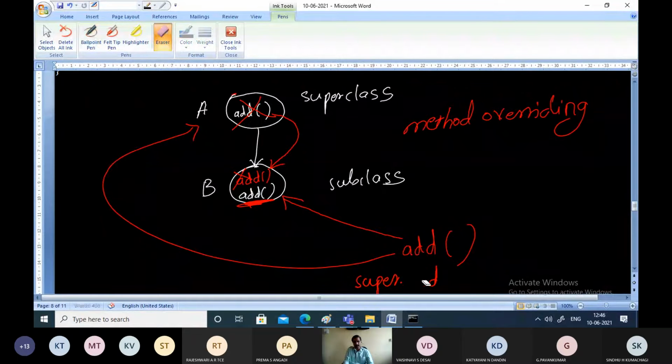We have studied just now the keyword super, right? What is the usage of super? Super can be used to call members of the superclass. When you write only add, it will refer to the member of the subclass. If you want to refer to a member of the superclass, then write super.add. That can be one solution for this.